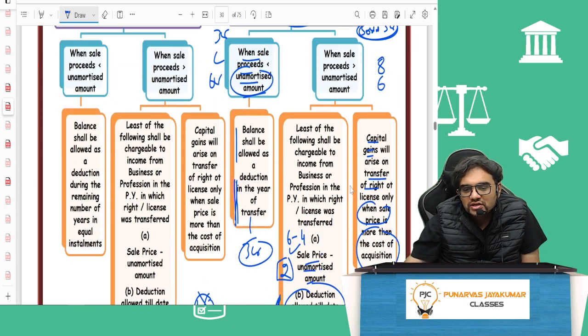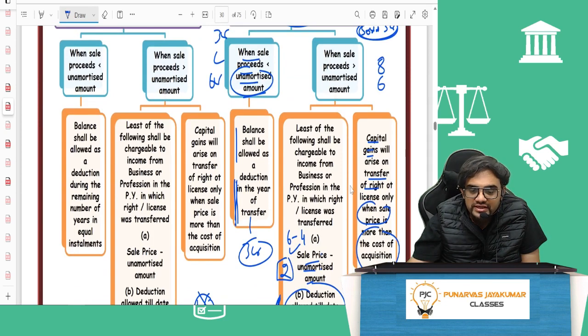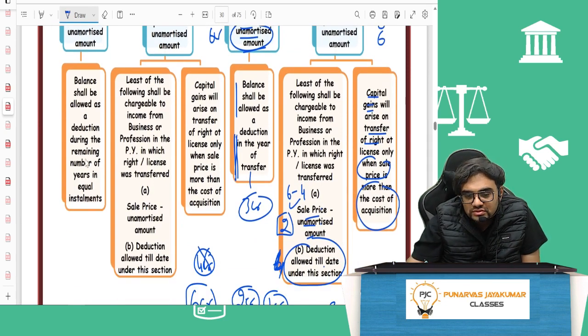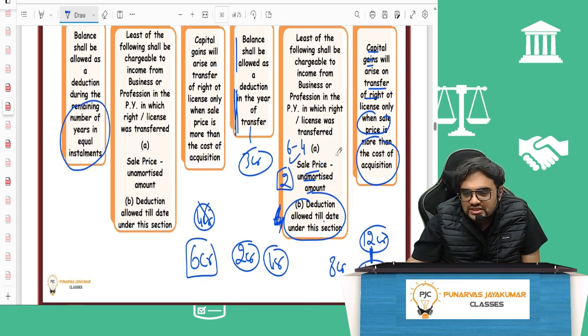Similarly, if part of the license is transferred, you will do the same calculation, but the balance will not be allowed in that year. The balance will be allowed in the remaining number of years in equal installments. So in this example, the balance was 3 crore. Same example here: if part of the license was sold, this 3 crore will be spread over the remaining life of